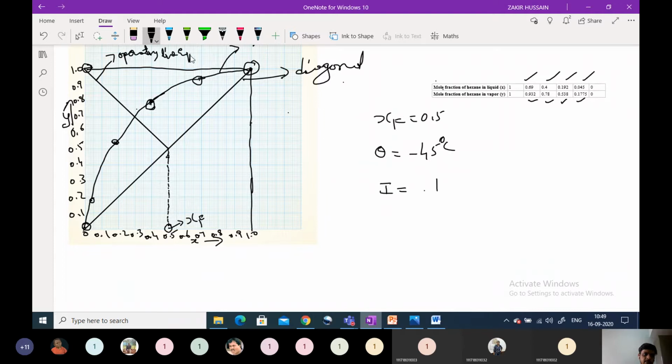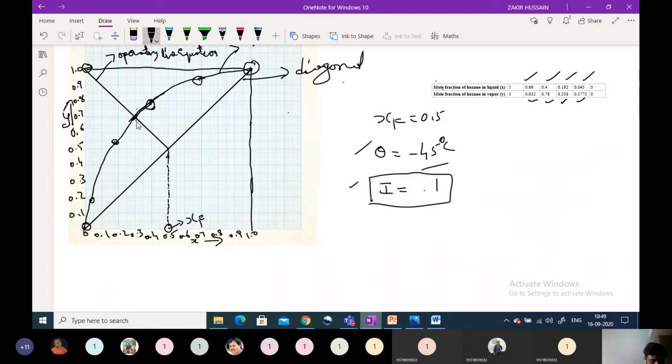If you find that point through the slope, you will get the same angle. If you put this 45 degrees using the protractor, you will get the same point. Otherwise, you can use the intercept value, and you will get the same point. So this is called the operating line equation. Now we need to estimate. If you see this one, we have not properly drawn this. If you lift it, the curve will look like this.